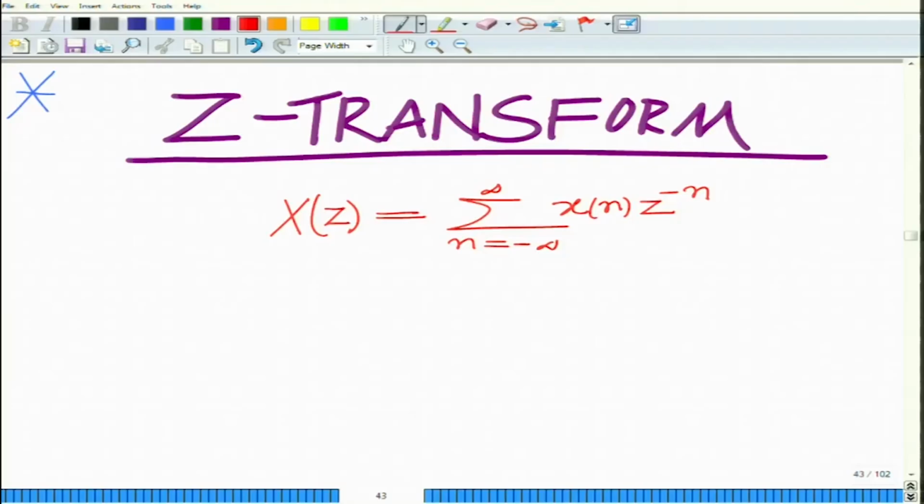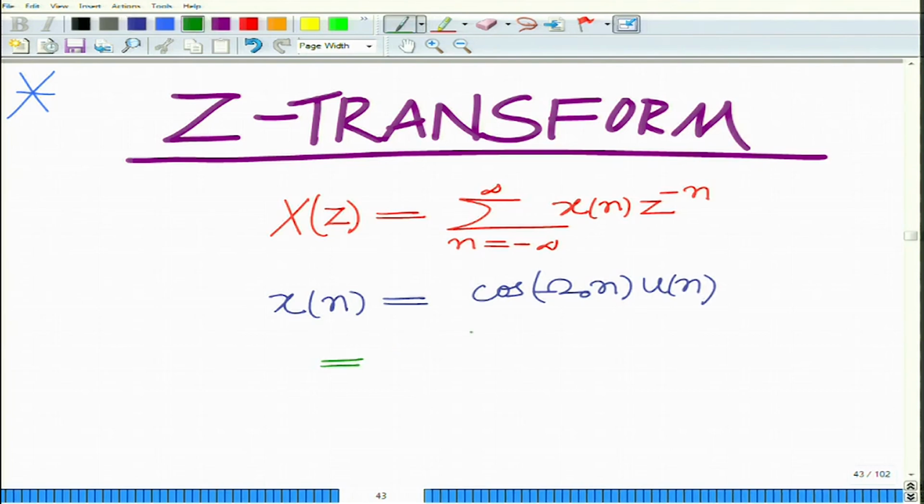Okay. Now, let us look at the Z transforms of some common signals. We have looked at the Z transform of the unit impulse and the unit step function. Let us look at the Z transform of a cosine signal, that is cosine omega naught n u n, which, as you know, cosine omega naught n can be written as